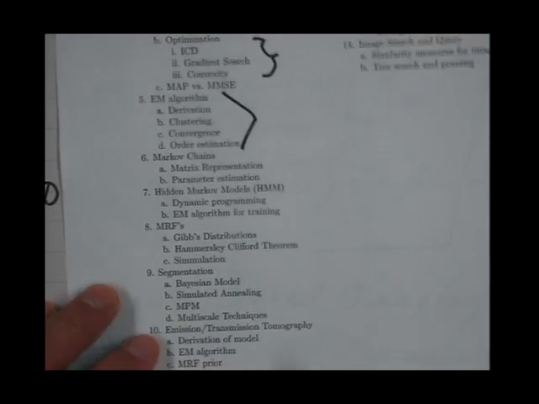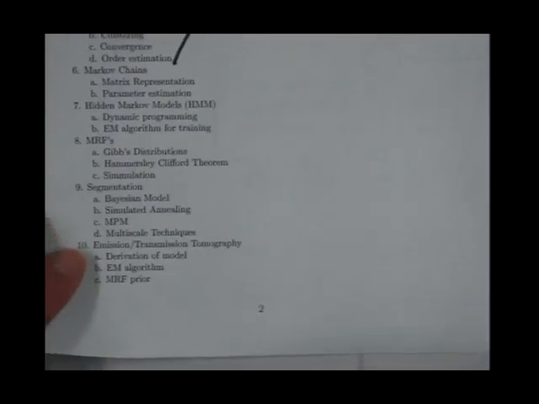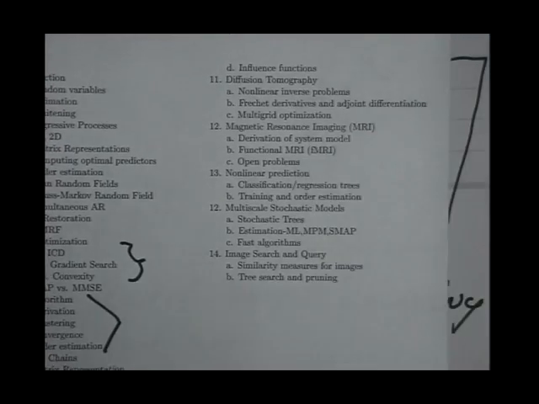Okay, and we're going to do hidden Markov models, we're going to do Markov random fields, okay? And then we're going to apply them. In the end, one of the huge application domains for this is tomography. We can do emission tomography, diffusion tomography, all kinds of tomographies. But it's really just an example. It can also be used for things like